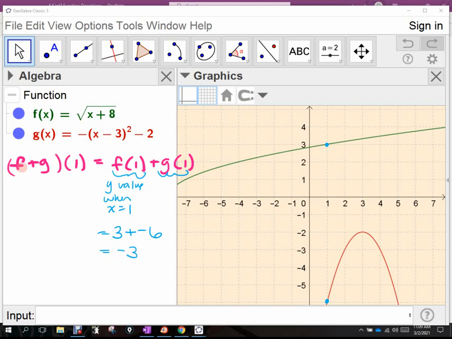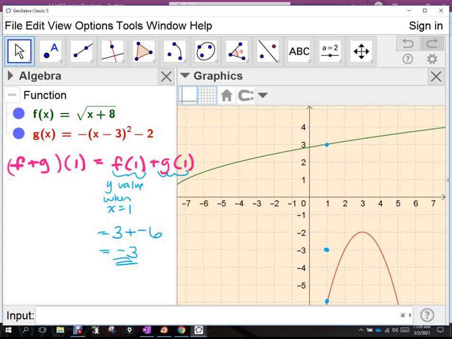Negative 3. So f plus g of 1 is equal to negative 3. Okay? Now, the idea then is that I should be able to plot 1, negative 3 right there. That point would be a point on f plus g of x. Okay? Now, we talked yesterday, day before, that if I want f plus g of x, what I can do